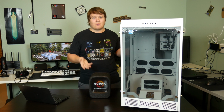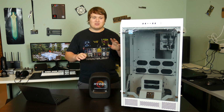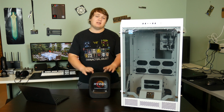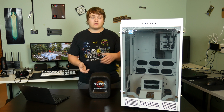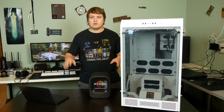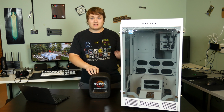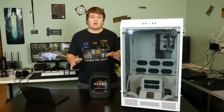And obviously if you own the Tower 900, you've got to do a custom water loop. There is no way that you can't, it doesn't look good. I have seen some builds, no offense to anybody that maybe sees this, that are air cooled or potentially with all-in-one water coolers in this, and they just don't look very good. And I mean, the water cooling is going to be coming several months from now, so for the time being I'm actually using an AIO, which will look kind of funny, but I'm totally okay with that because the plan